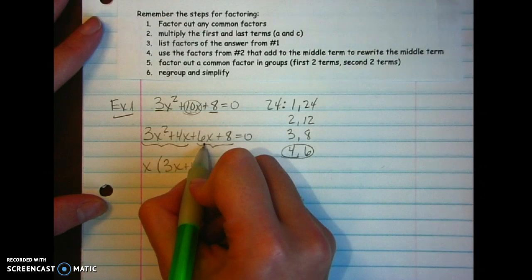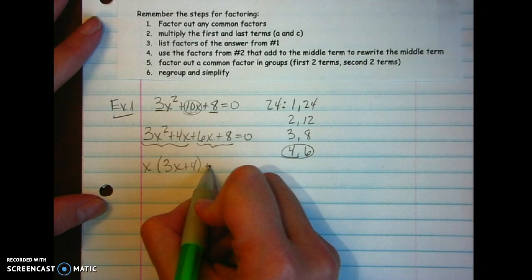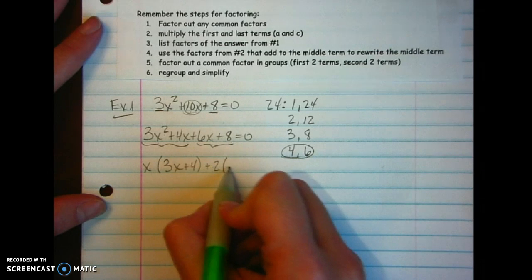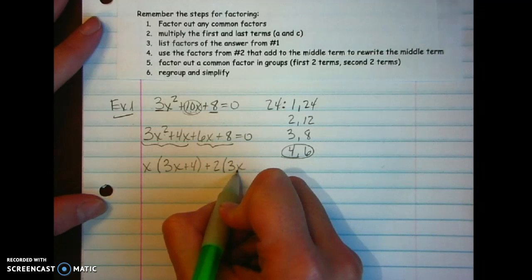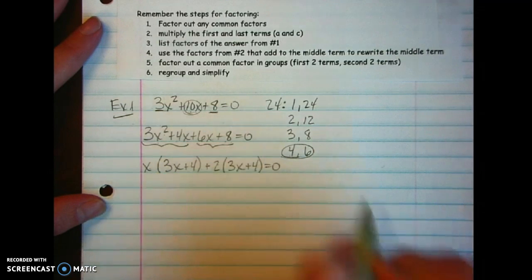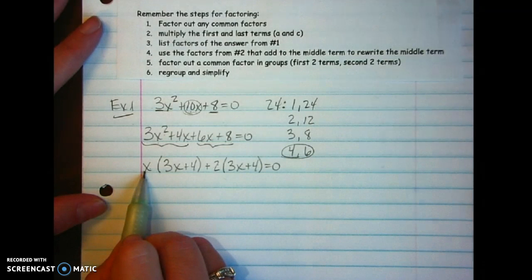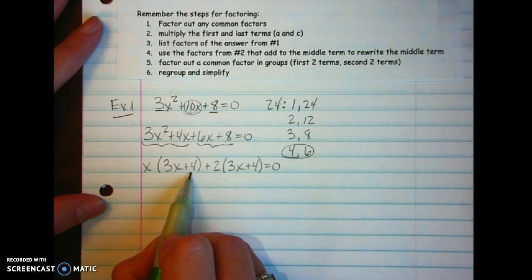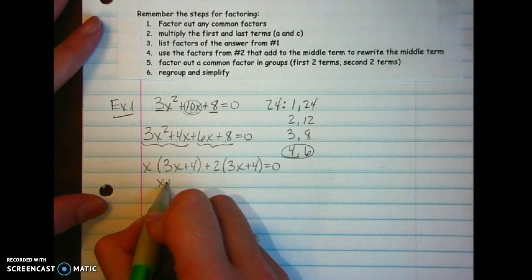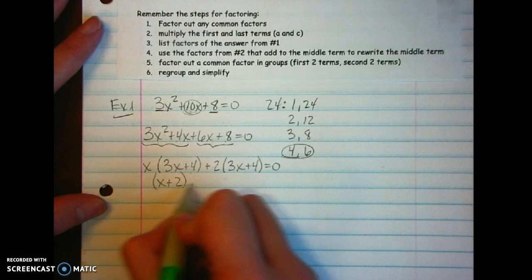In the second half, 6x and 8, the common factor, or the thing I can divide out of both of those, is a 2. 6x divided by 2 is 3x. 8 divided by 2 is 4. Now I can regroup. If I have x, 3x plus 4s, and I have 2, 3x plus 4s, I can put them together and say that I have x plus 2,